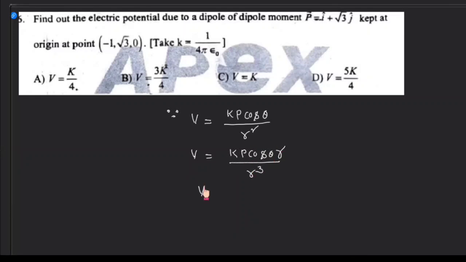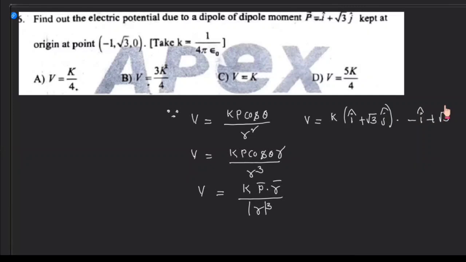Therefore this V can be written as K P bar dot R bar by R cube, where R is the magnitude of the position vector. So this P can be written as i cap plus root 3 j cap, dot R bar, which is minus i cap plus root 3 j cap, right, by